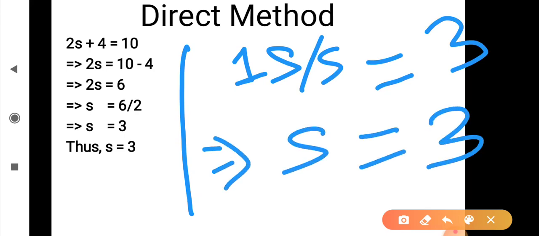I hope you have understood the alternative method of solving a simple equation or getting the value of a variable. Now you have two methods. One is where you simply change the sides, and along with that you change the sign. Another one is where you remove whichever number you want to remove, but the same thing has to be done on the opposite side. So I hope things are clear to you.